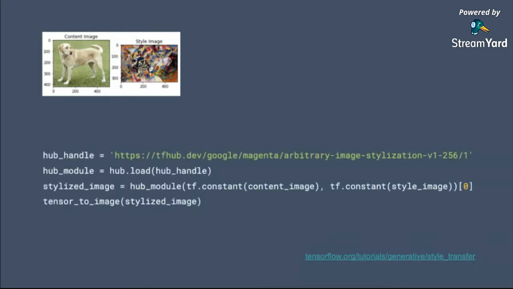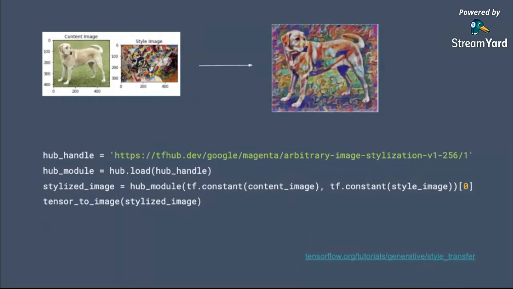Let's say our content image is the left one, and the style image would be the one on the right. And we are interested in running style transfer. So this is all the important pieces of code that's needed in order to generate a stylized version of the content image like this one.